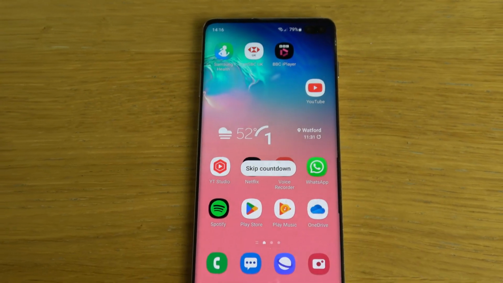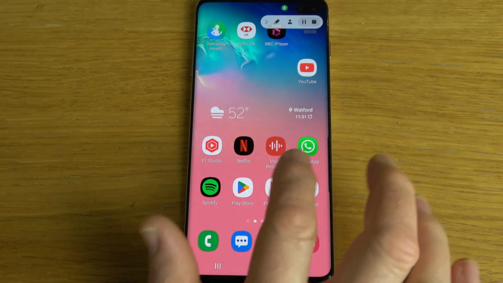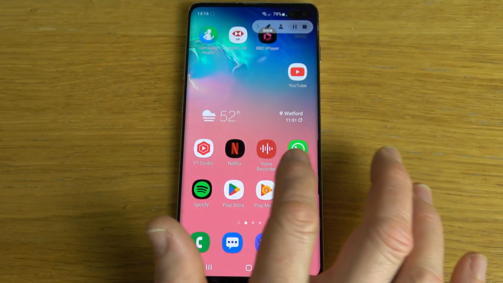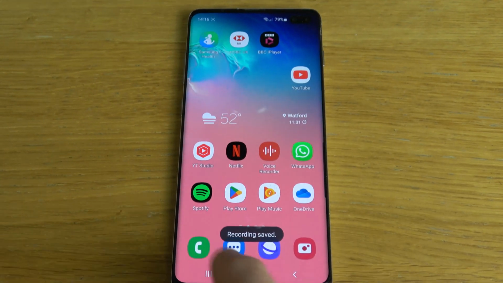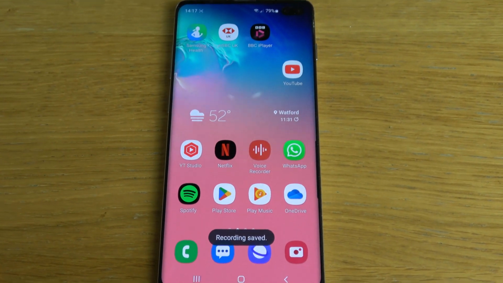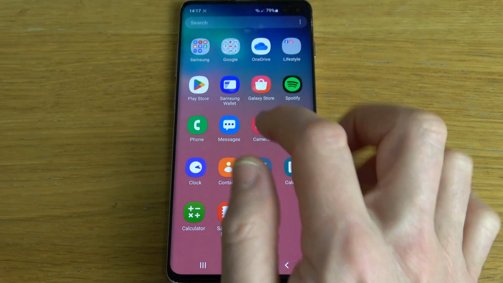It's going to count me down, and now it's going to record my voice and what's happening on the screen. So you can see I'm scrolling here, then when I'm finished I'm going to tap stop up here, and it says recording saved. Now if we want to find that, I'm going to go into files,